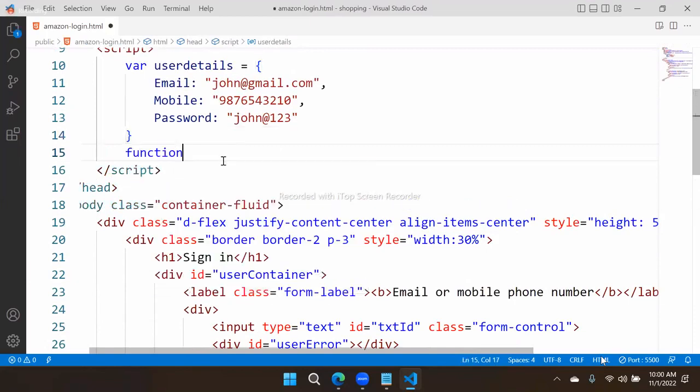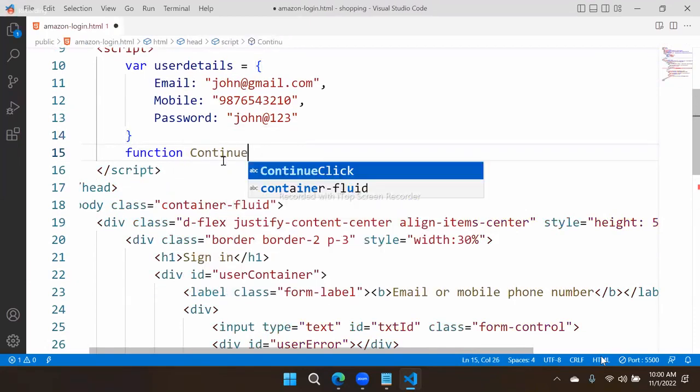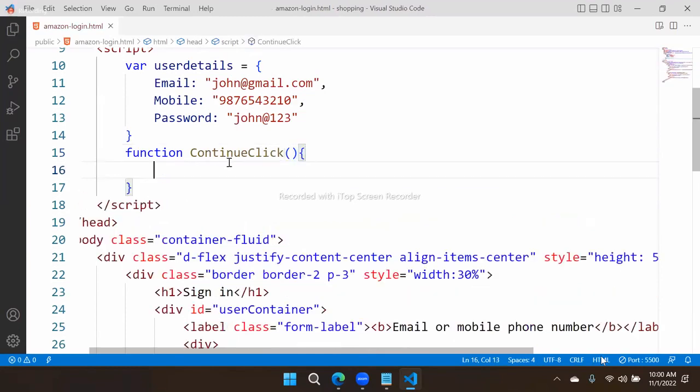So function continueClick. In continueClick, what we have to do is verify all the details now. But first we need to verify only email and mobile. Remember, email can match, mobile can match. So we will first collect